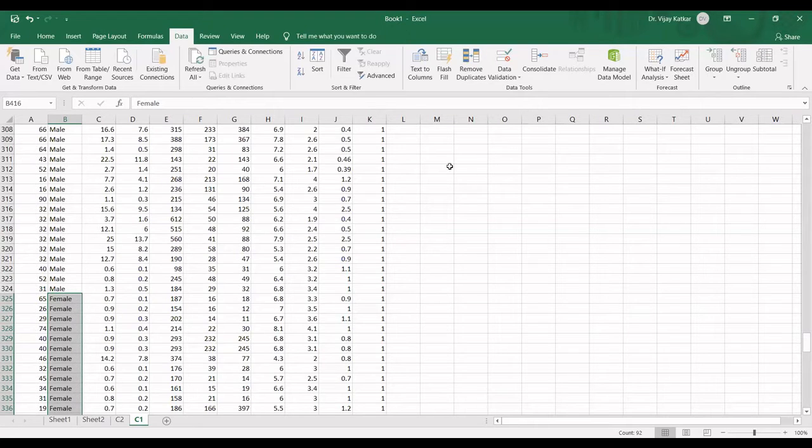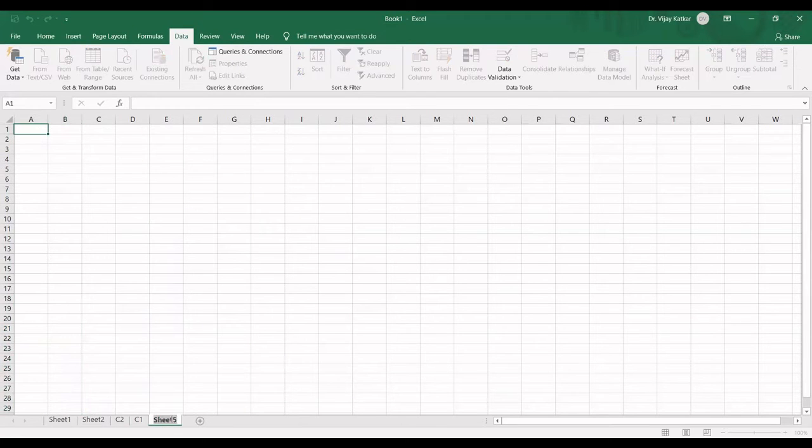So for comparison, I can write something like this for class 1 and class 2. In class 2, there are 92 records belonging to the female category, and in class 1, there are 51 female records.